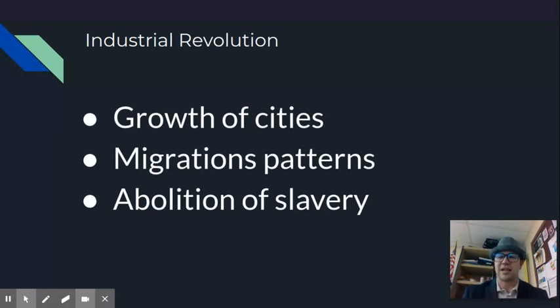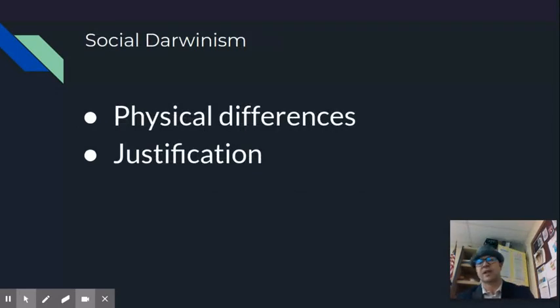You're going to see the Chinese and Indians from India come in and fill the gap left by African labor that existed before. You'll see the Irish as well migrate to England and to America, especially, and they'll also fill labor shortages. Now, with all the imperialism that's going on, there's going to be a justification for sort of